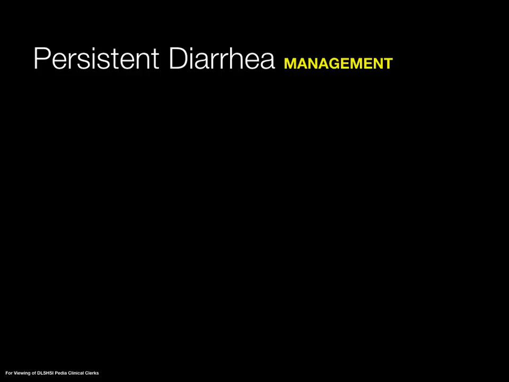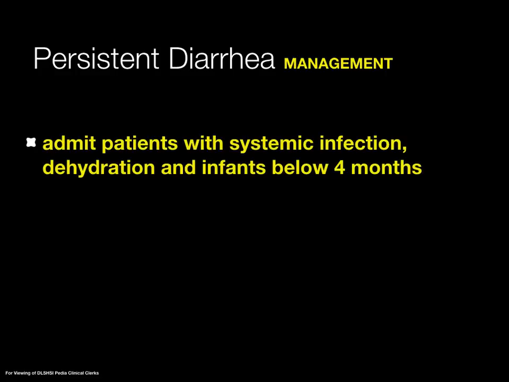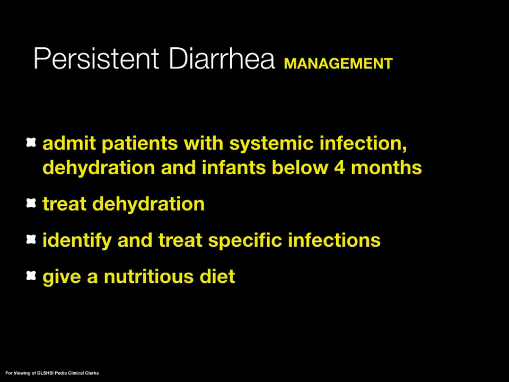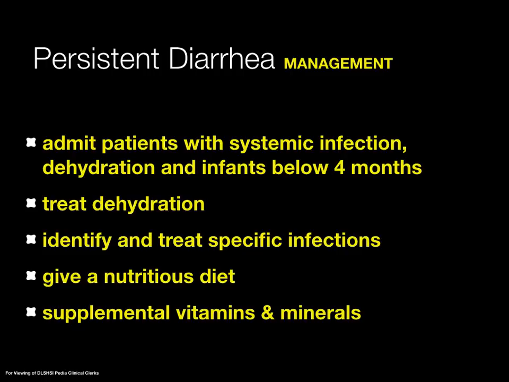For persistent diarrhea, or diarrhea that begins acutely and lasts at least 14 days, admit patients with systemic infection, dehydration, and infants below 4 months. Treat dehydration. Identify and treat specific infections and give a nutritious diet. Supplement vitamins and minerals because minerals like folate, zinc, vitamin A, copper, and magnesium are lost during persistent diarrhea, and